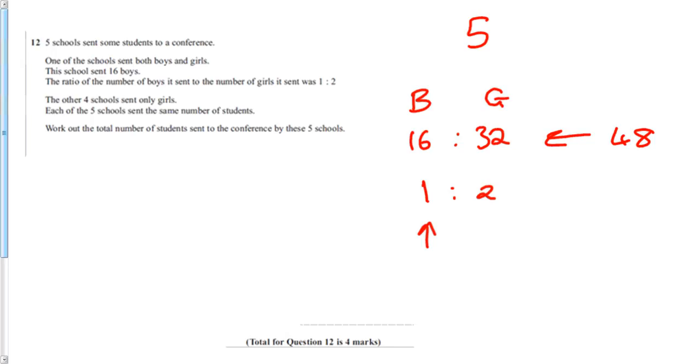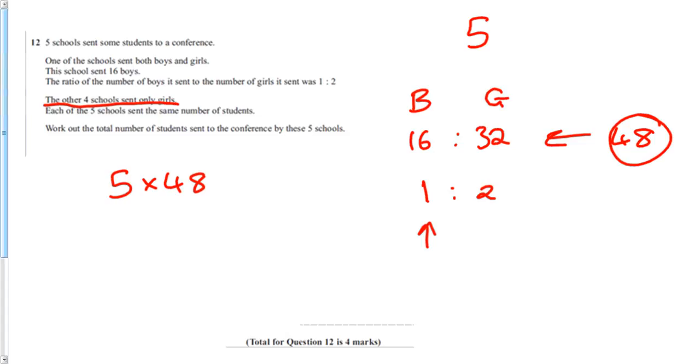The question then goes on to say that the other 4 schools sent only girls. Each of the 5 schools sent the same number of students. So the first school here sent 48 students. Then the other schools sent the same number of students. The fact that it says that they sent only girls is there to try and trick you and put you off. So if each school sent 48 students and there's 5 schools, you're going to need to do 5 times